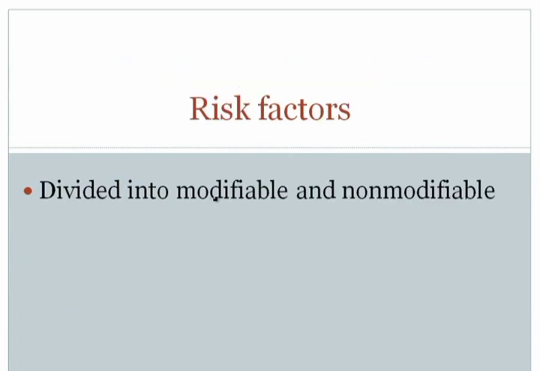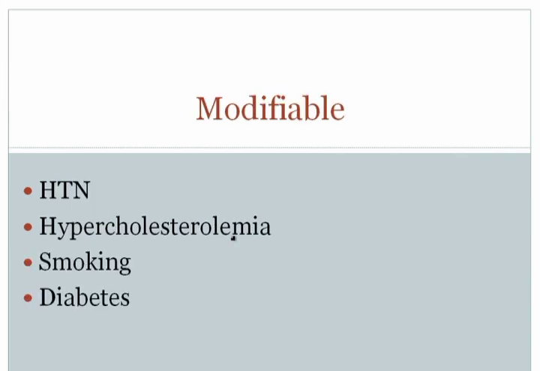So the risk factors for atherosclerosis are actually divided into two, modifiable and non-modifiable. The modifiable risk factors include hypertension. That's a very important risk factor for the development of atherosclerosis. Hypercholesterolemia, for example, LDL increases the risk, whereas HDL decreases the risk. Smoking, and diabetes. So these are the four key modifiable risk factors that lead to atherosclerosis, and you need to memorize each of them. All right, so you need to know that there's four modifiable key risk factors: hypertension, hypercholesterolemia,